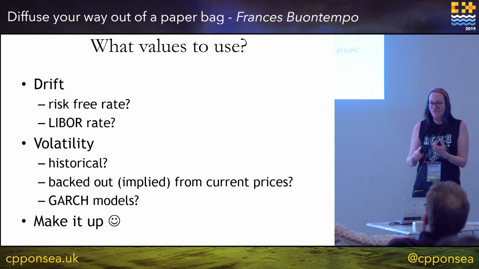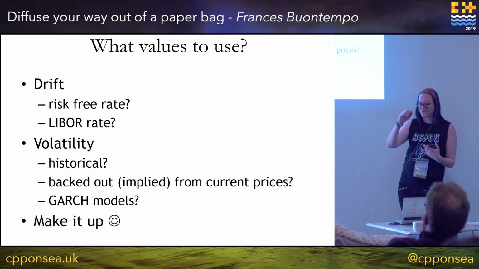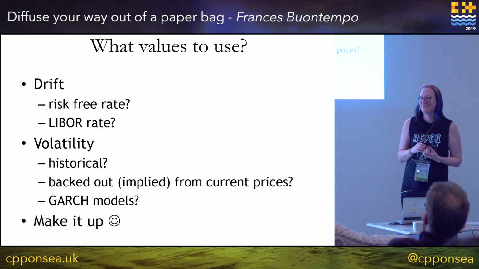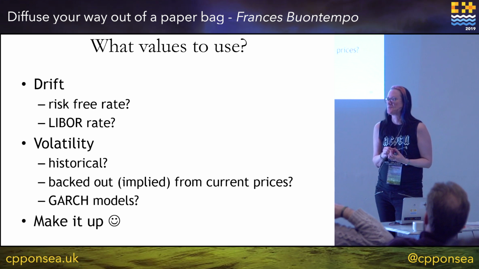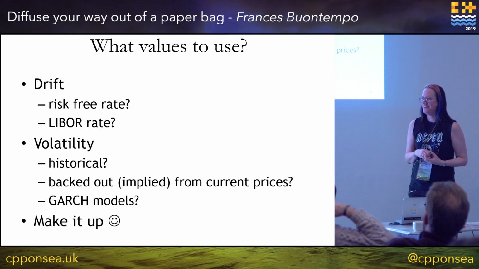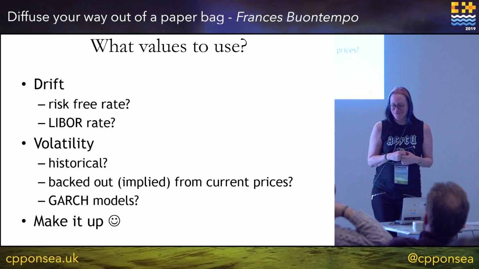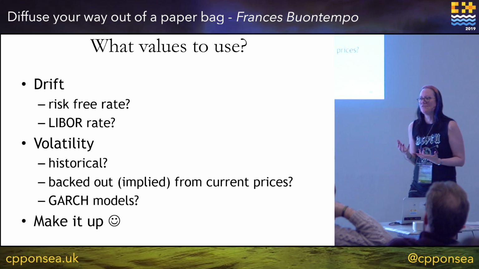So we want some drift, so that's like our interest rate, so we need a number for that. Do the banks use LIBOR anymore? Oh, they're in the process of ripping it out of their system as people lied about LIBOR. So we're going to use something else, and that's not going to go wrong in any way, shape or form. How do we find the volatility?